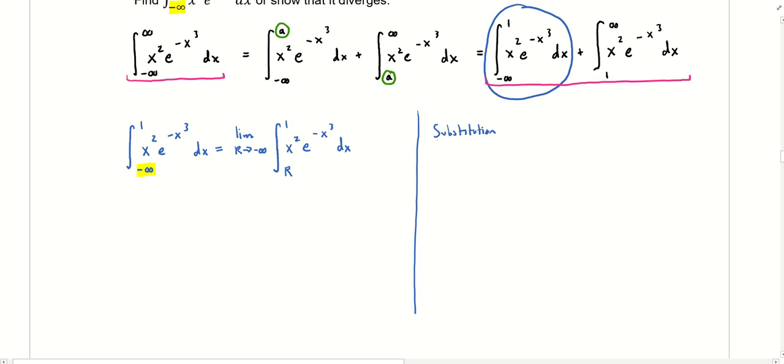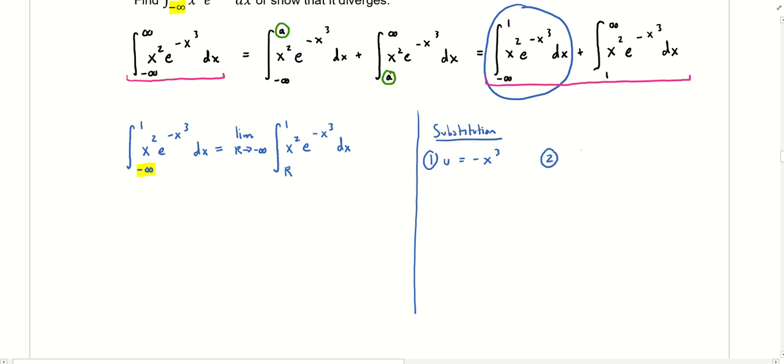Because right now, as that integrand stands, I don't know what gives that as a derivative. So let's try some substitution and see if that makes our lives a little bit easier. Okay, so this is a bit of a review of substitution. Remember, the first thing we do is pick our u sub value, the function of x we call u. And I'm going to choose the exponent to e. So u is going to be negative x cubed,